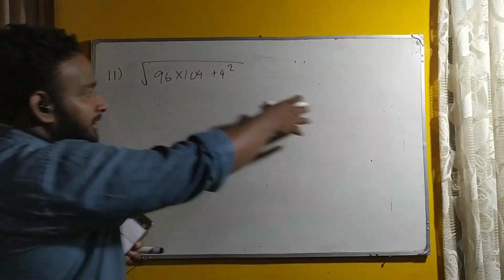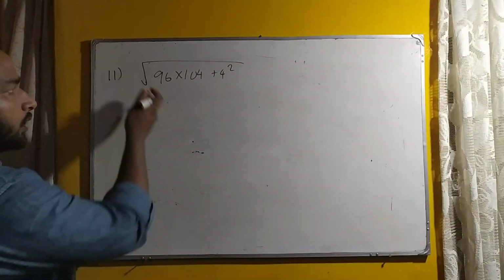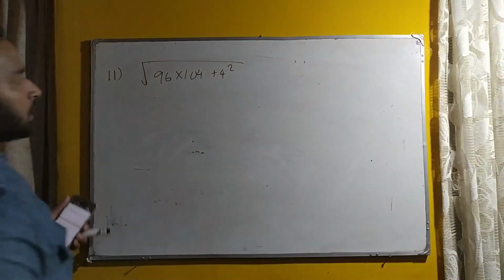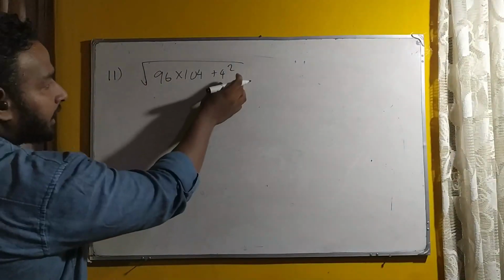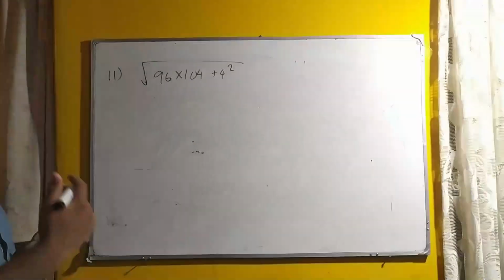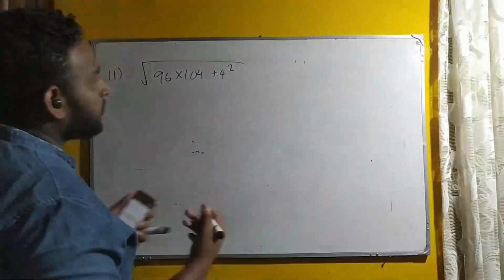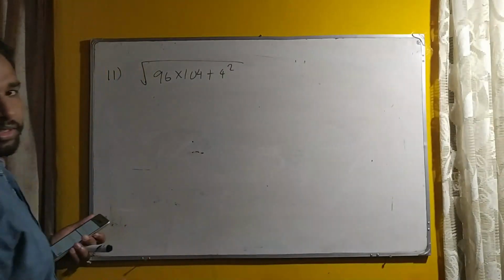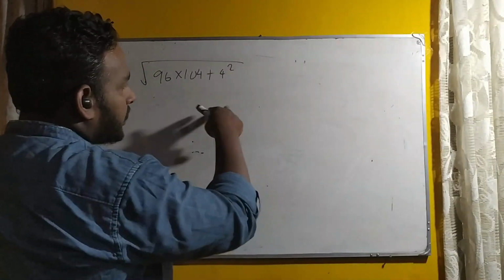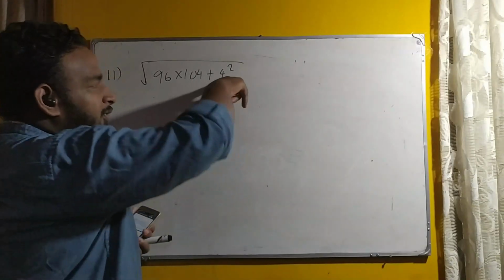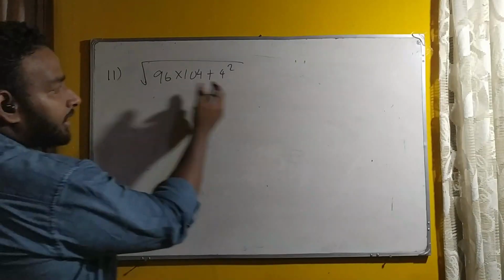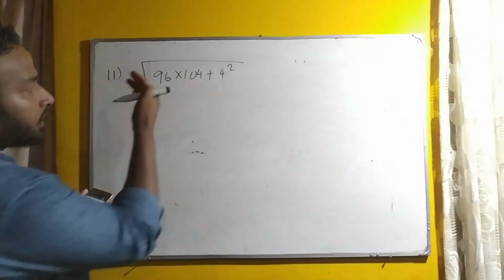You can take it separately and do it, or you can do it using this square root. With that square root you can do. So here, if you need to factorize, that means you should get a common number. Here you have a plus, that means addition. After the addition there is 4 to the power 2. So if you have 4 to the power 2 on this side, then you can take it common.